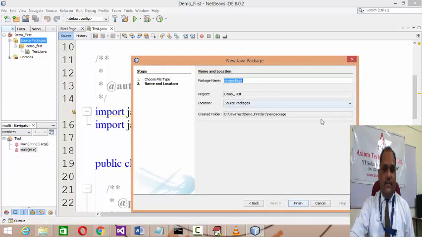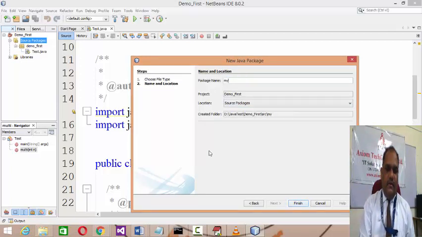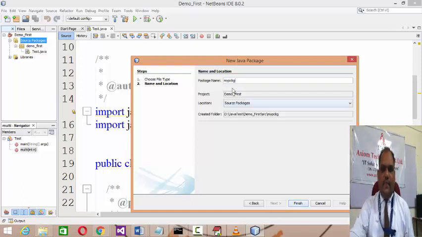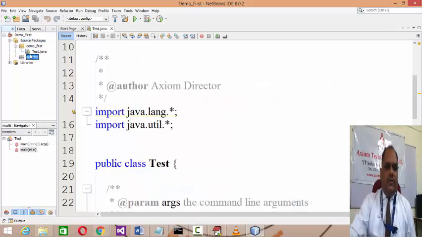Now a package is a collection of classes, so I will be writing a class for that reason. The package name, any name you can write, my pckg, the package name in the project demo first, and the location of the source package, and you click on that. So it will develop a package for you.